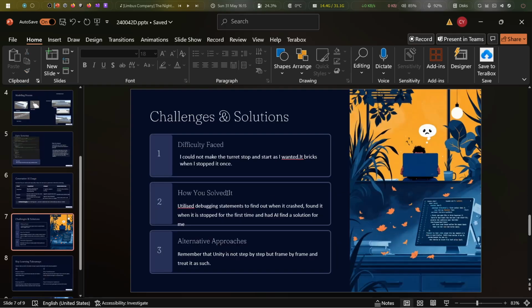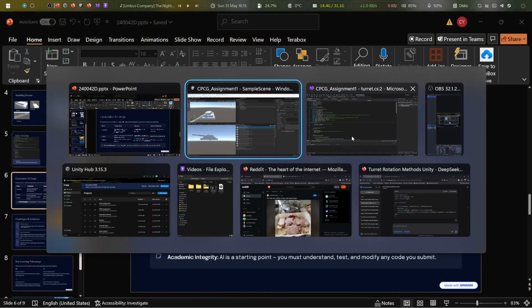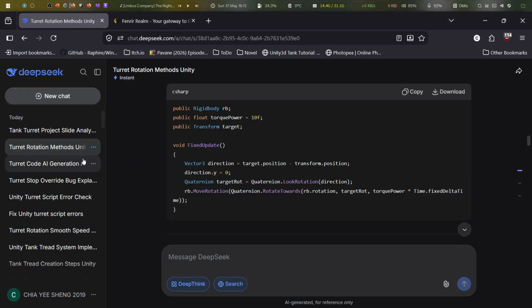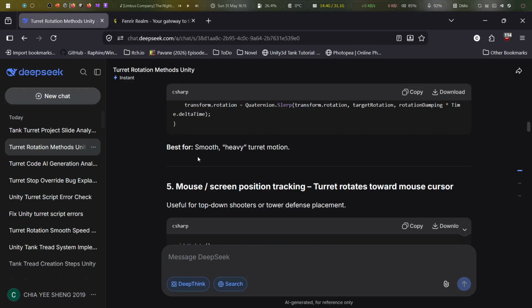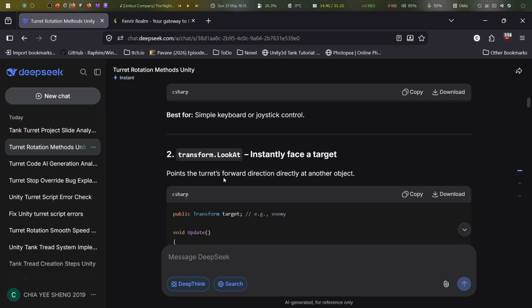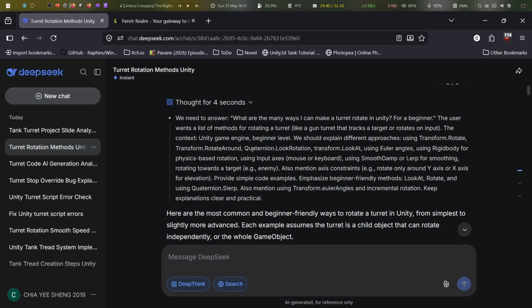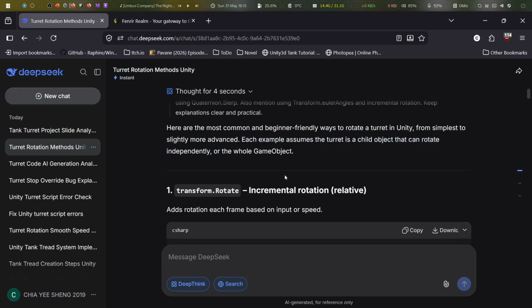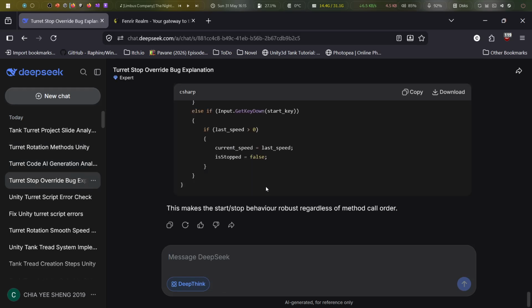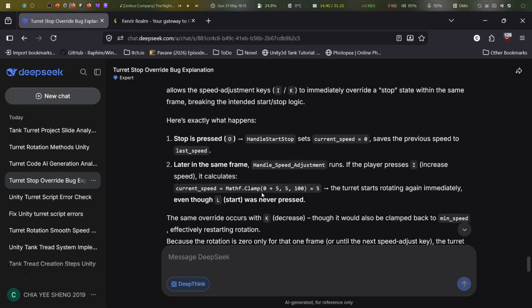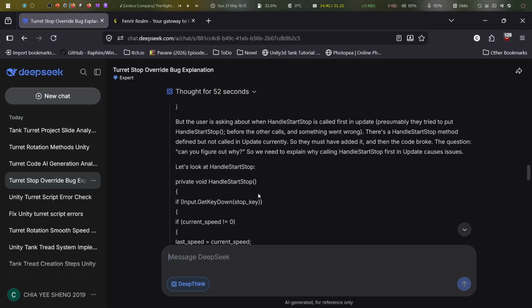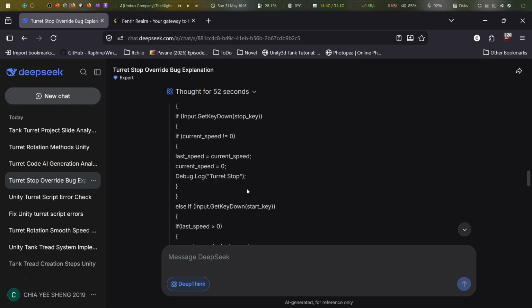So for my Gen AI usage, I primarily used DeepSeek to do a bunch of research and to figure out more about my own programming, how to utilize Unity to rotate the object around and make a script for it. This one basically, I utilized this to figure out